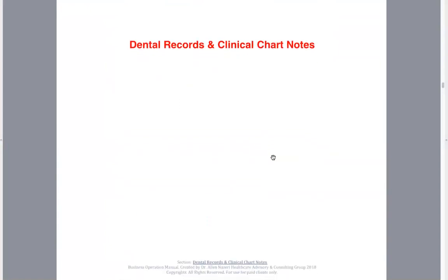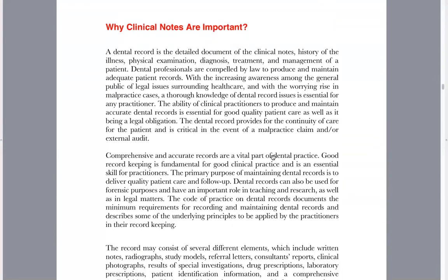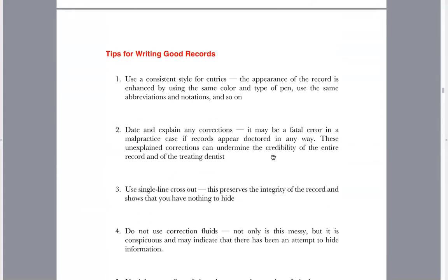Dental records and clinical chart notes. Why clinical notes are important. A lot of the staff and team members are not trained in writing notes. They don't know how to write notes. They don't know anything about, you know, the